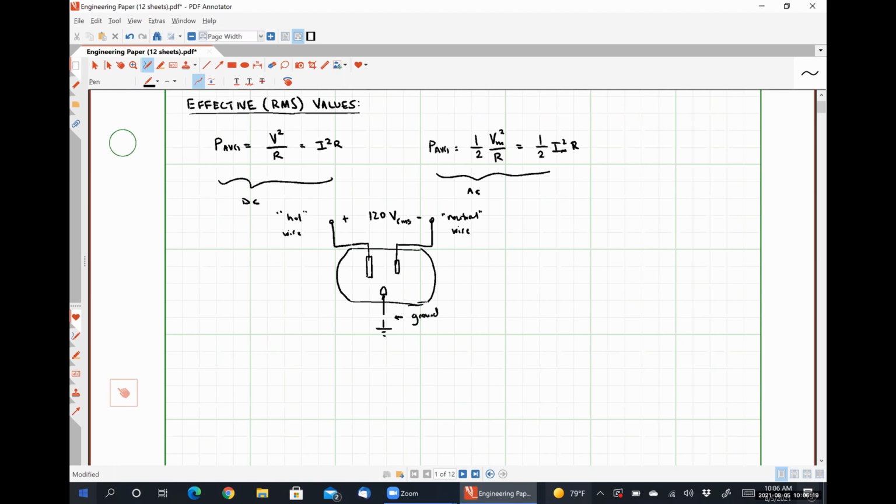Power is distributed in the United States by AC systems, right? It's actually a three-phase AC system, but we are not ready to discuss what a three-phase system really means. But in our home, we're only looking at a single phase of it. So that 120 volts RMS